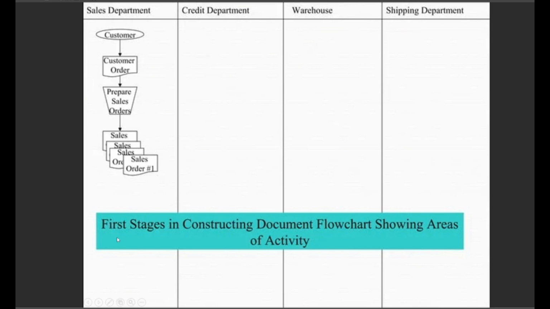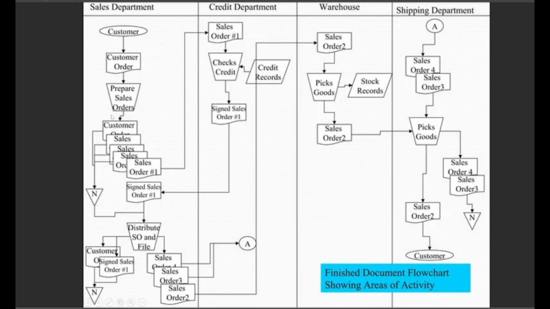So this is the first stage in constructing the document flowchart, showing areas of activity in each entity here. So this is just for the sales department. Now this is the page itself. The page itself can be enough, or sometimes can have more pages. So in other departments, let's see here. For example, we stop there on the sales order, the creation of sales order. Now, those documents will be having another